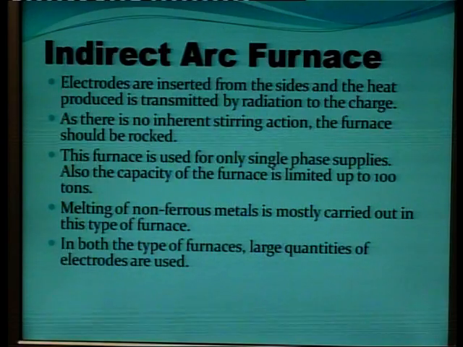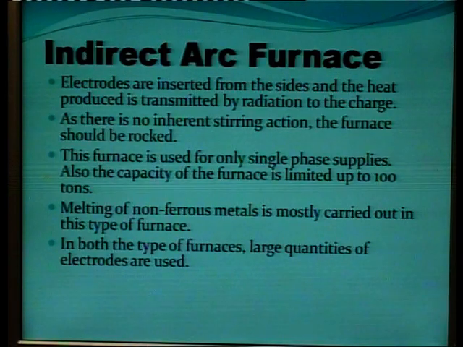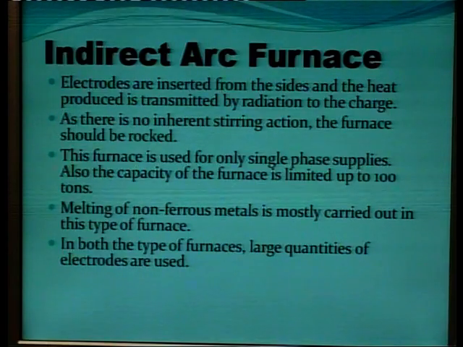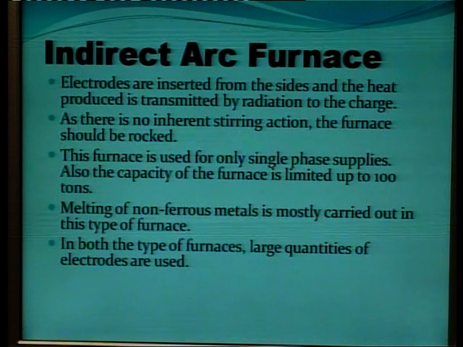So the electrodes are inserted from the sides, and the heat produced is transmitted by radiation to the charge. As there is no inherent steering action, because there is no movement of current through the charge,